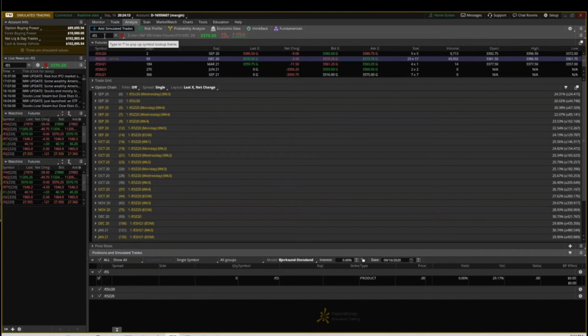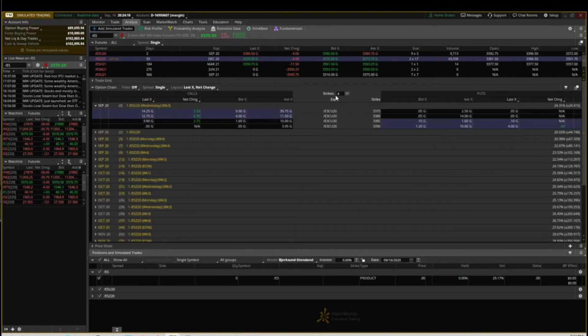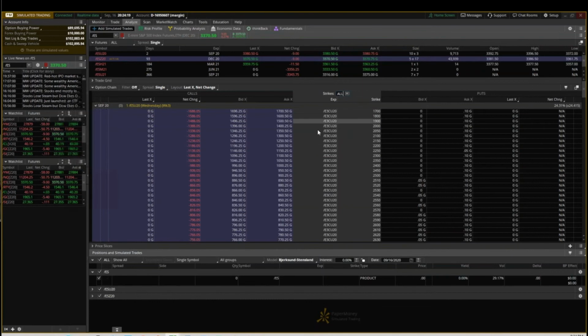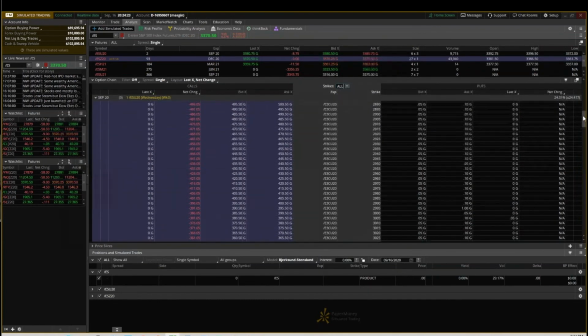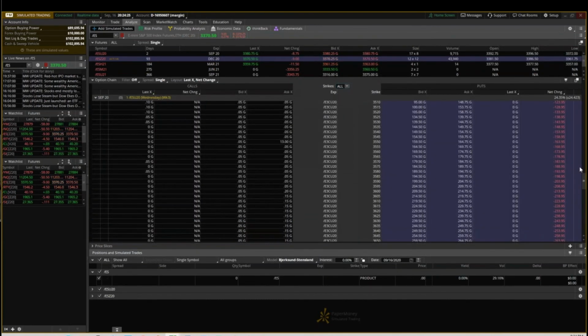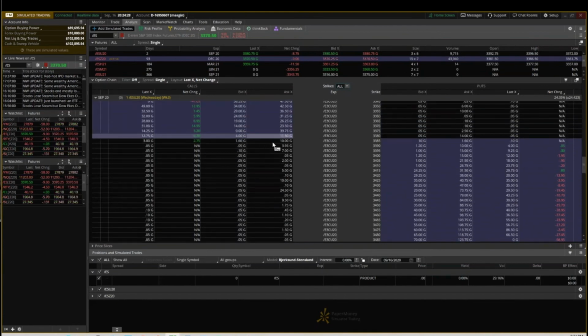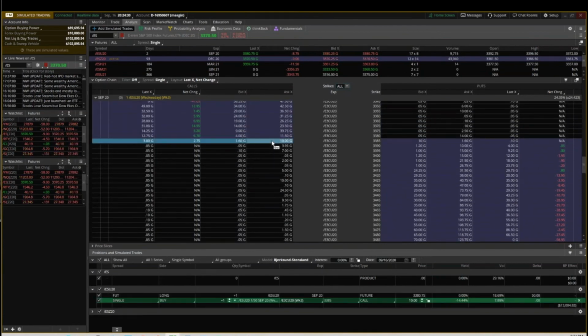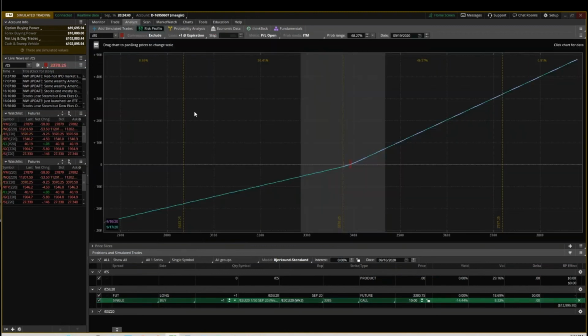The simulated trades, you can simulate any position before you actually send it. For example, changes to all, and you want to see how would this look on the risk profile analysis? You can actually come here and group these positions. Once you click on any given contract, it's going to group them right down here for you to analyze then on your risk profile. And the risk profile is really similar to the risk profile on Tastyworks, in which, for